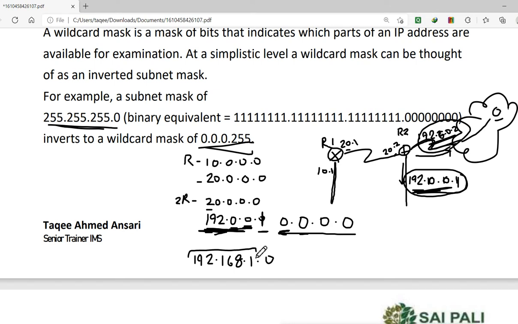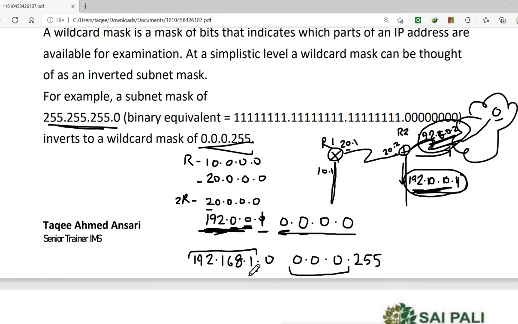And if you don't have any subnetting, I don't want to mention it for the specific interface or network, then I will go by the default wildcard, that is what? 0.0.0.255. That is what? The inverse of the default subnet mask. And that means what? It is actually saying what? Always match these first 3 parts. 0 means match the first 3 parts.